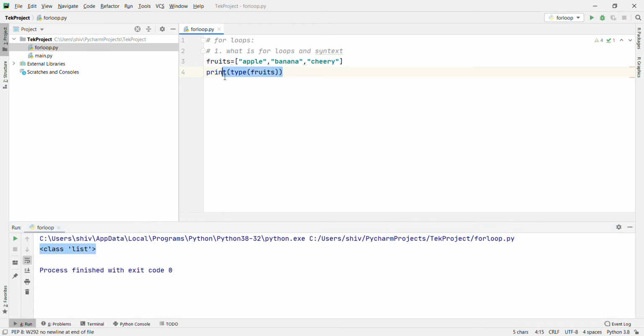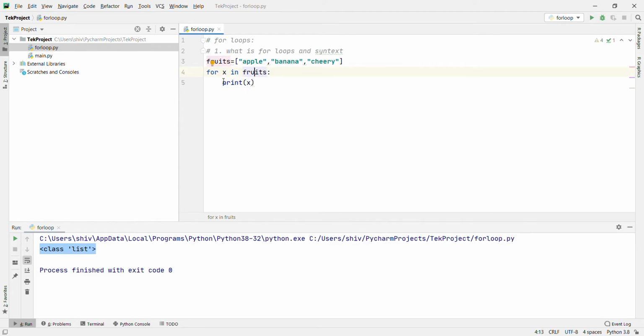Now we are going to loop through the fruits one by one using for loops. For x in fruits colon, enter, print x. Let's explain what it will do. Fruits is nothing but a list here, right? Apple, banana and cherry. One by one, apple, banana and cherry are going to be set into x.